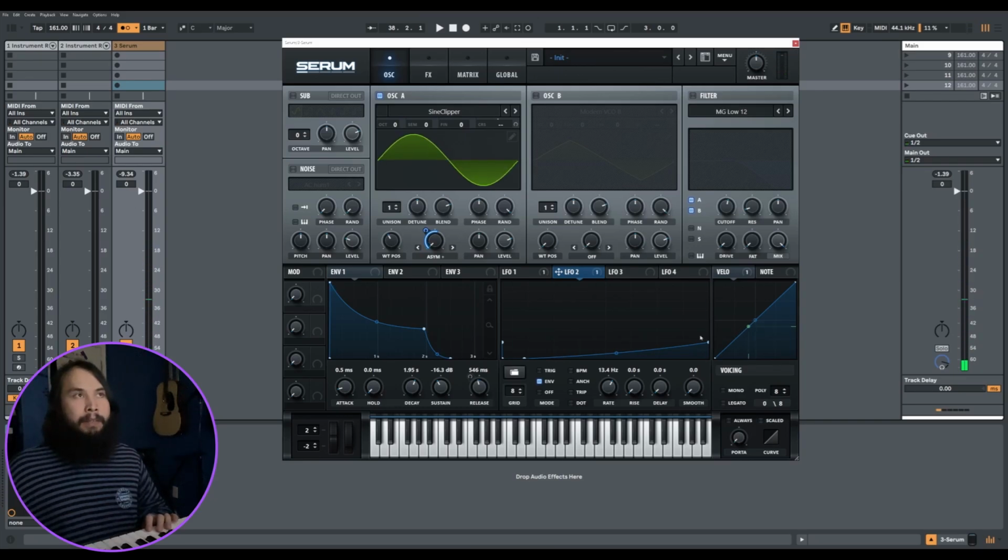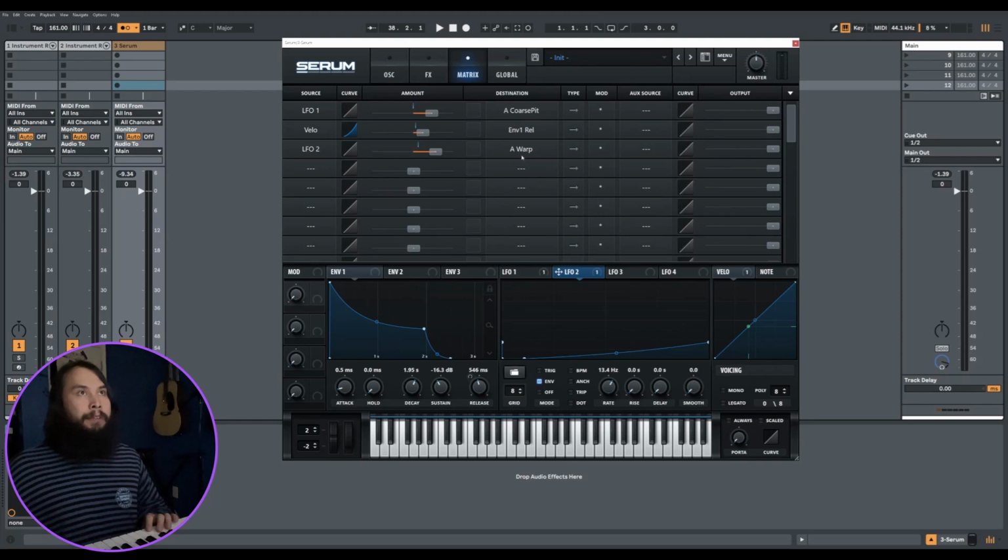So notice how that is a lot different if I were to go in the mod matrix here and just bypass that. So go to the mod tab right here and then hit bypass. Versus